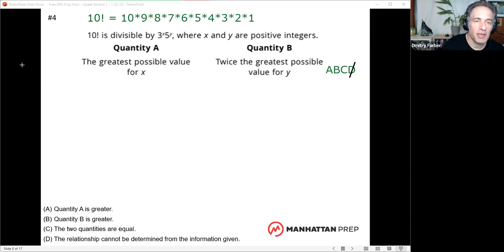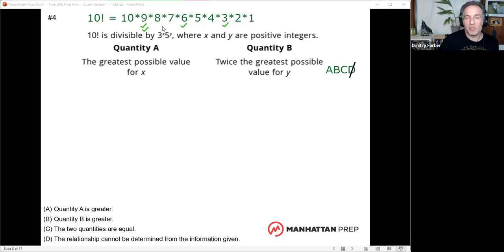So then from there, I want to say, okay, what are we talking about? 3 to the X, 5 to the Y. What these are talking about is how many powers of 3, how many powers of 5 are in this factorization. So where am I going to find my 3's? Well, let's see. I've got multiples of 3 in 3 places, 3, 6, 9. But 9 is 3 times 3. So it's got 2 powers of 3, right? And I'm not talking about how many